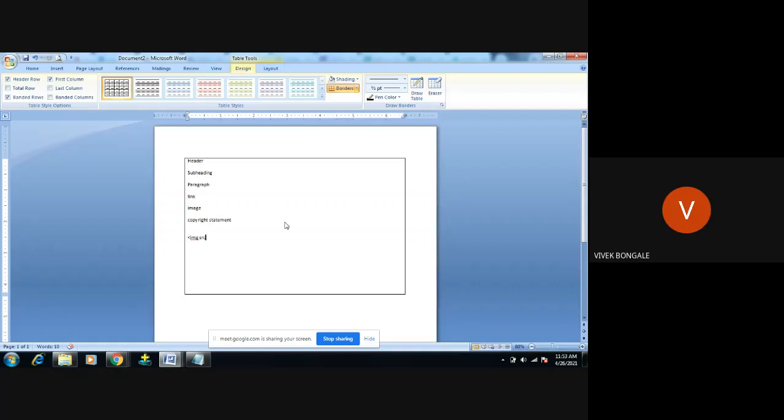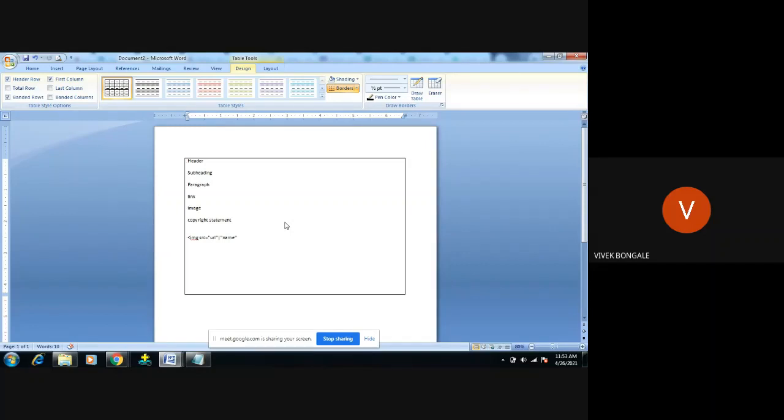The image source may be a URL, that is the path name, or it may be the name of the image. For example, it's in my folder. If you right click on that image and see the properties, you will see the path, in C, Dell, desktop, folder, and the image name.